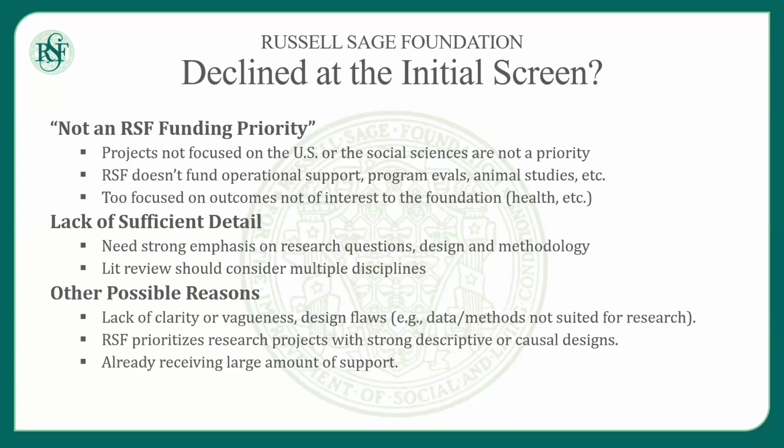So if we receive 300 applications and we're going to fund about 30, that's a 10% funding rate. And we're not going to send all 300 of those out for external review. We're probably going to get rid of maybe half to 2/3 of them. You don't want to give us a reason to reject your proposal. So just try to